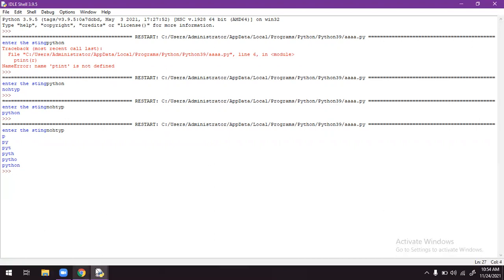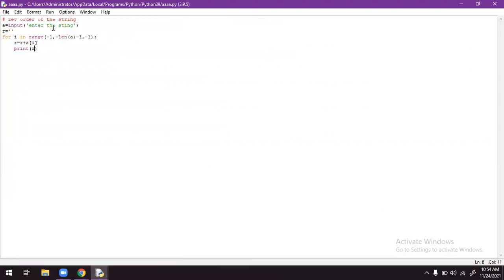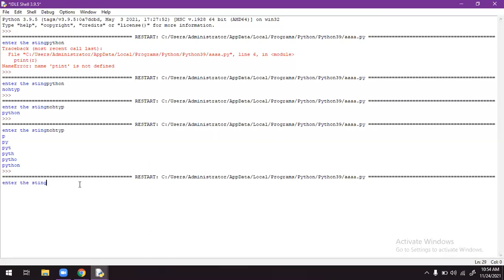If you made a mistake in the program, what are the other mistakes you can make? If you forgot to write this -1, in general cases you will think that iteration must be stopped at length of A. It will give an error. Actually, it will not give the error, but one of the characters will be skipped out.